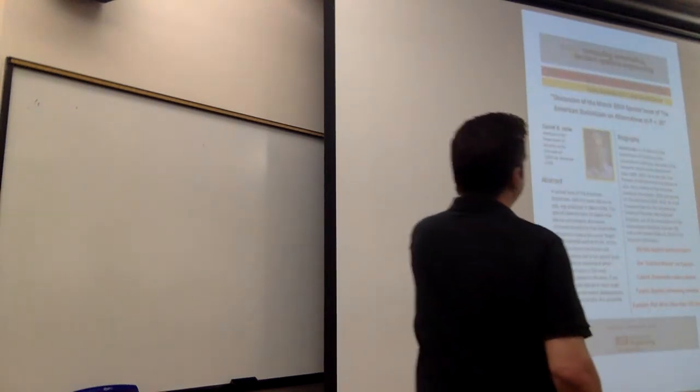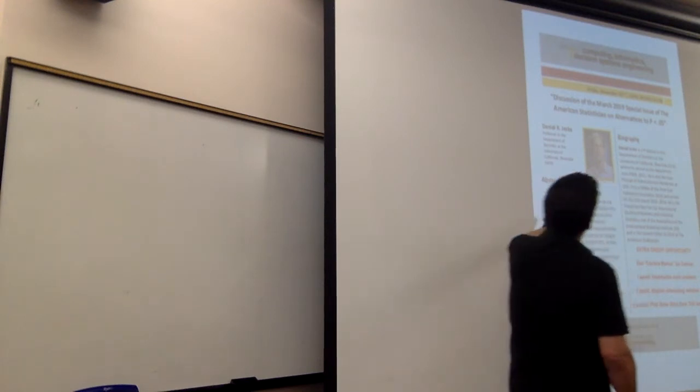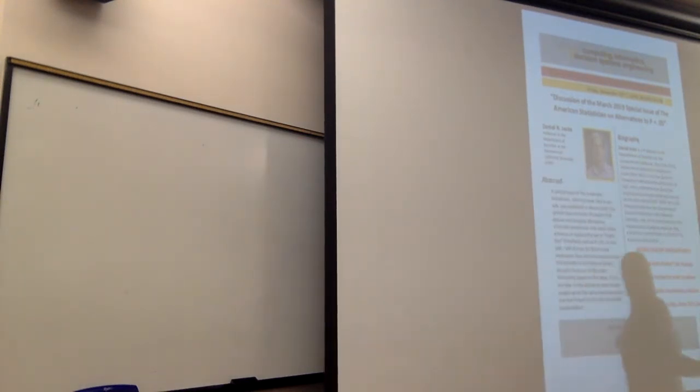There's another bonus opportunity: there is a seminar this Friday. It's supposed to be a highly accessible seminar about statistical issues. There was an issue of The American Statistician that had a bunch of articles related to alternatives to p less than 0.05. Dan is going to summarize some of those big issues and some of the solutions that came up in that issue. If you're interested, you can attend, and there's a bonus on here.